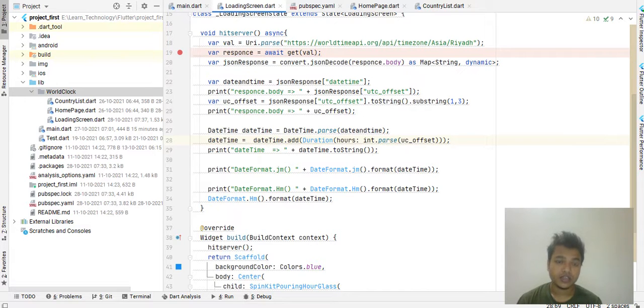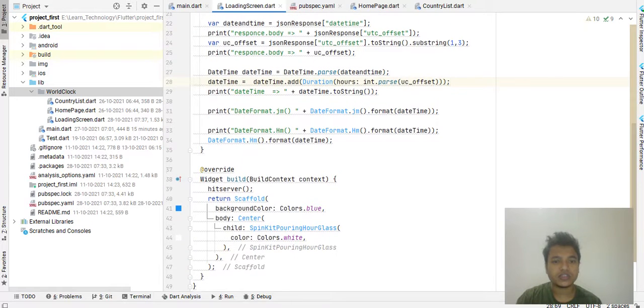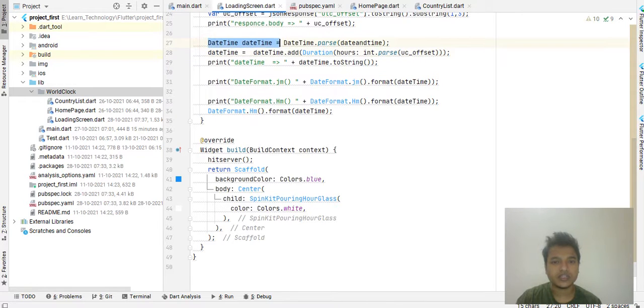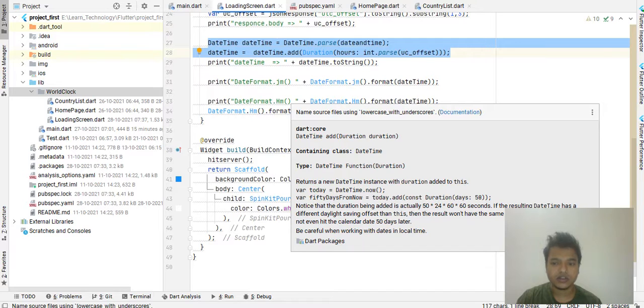We have already done several things in our application: how we hit the server, how to get data back, how to run async programs, and how to wait until the data comes. We saw these things in earlier videos. One more thing we discussed in a previous video is printing the time, getting the time in both formats, the 12-hour format or the 24-hour format.